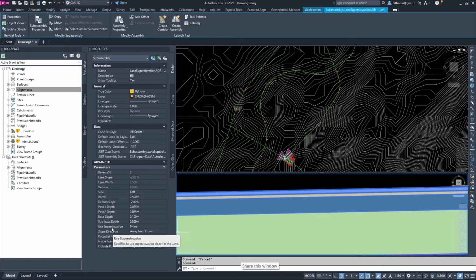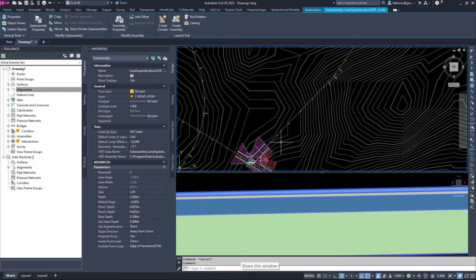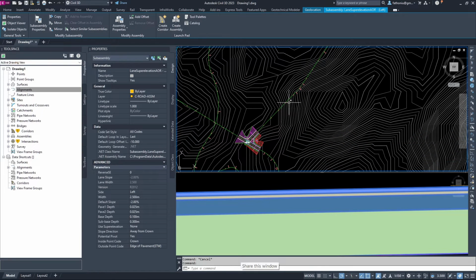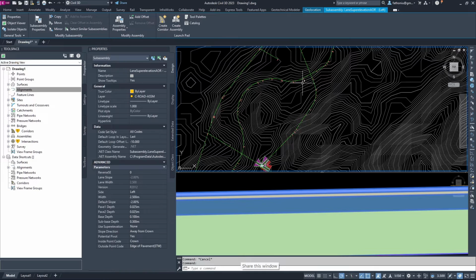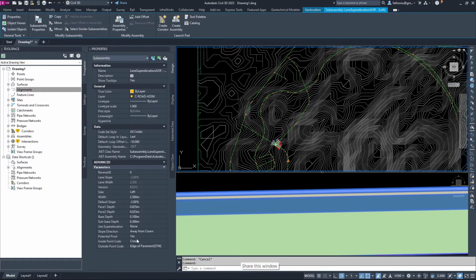And then use super elevation. If you want to have super elevation, you can have this one, but in this region we don't need to have the super elevation because we are currently in a straight line here. If you want to accommodate the other segment, later we create another region for that segment, accommodating the super elevation and the curve, so then we can set it to yes for the super elevation. Okay.